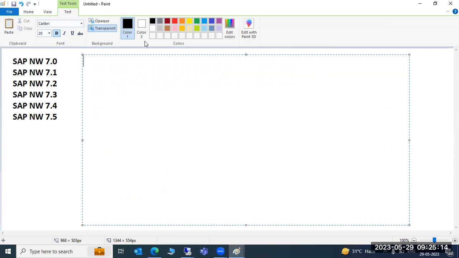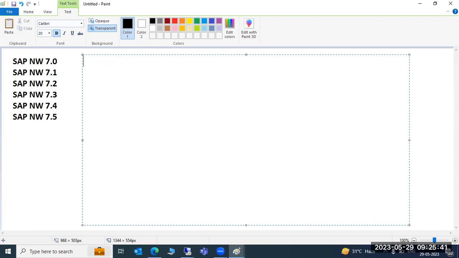Next, what are the things we require to install the SAP application? Now we discussed the versions, that is fine. Then where to download it? How to download it? These things we should be aware of, right? To download the SAP software, we have to go to the service marketplace, service.sap.com or support.sap.com. These are the sites for SAP.